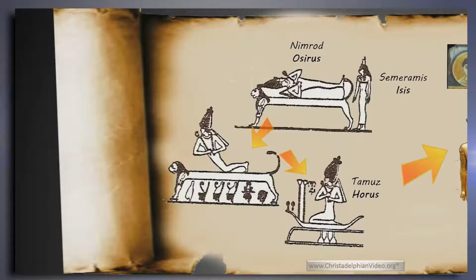She'd had a great time when Nimrod was around and things weren't so good. Now he was dead and everyone sort of looked down on him. So what she did is she organised his resurrection. So how do you do it? This is the Egyptian version of it, and like I said, all of these things are replicated in almost all different cultures along the way.